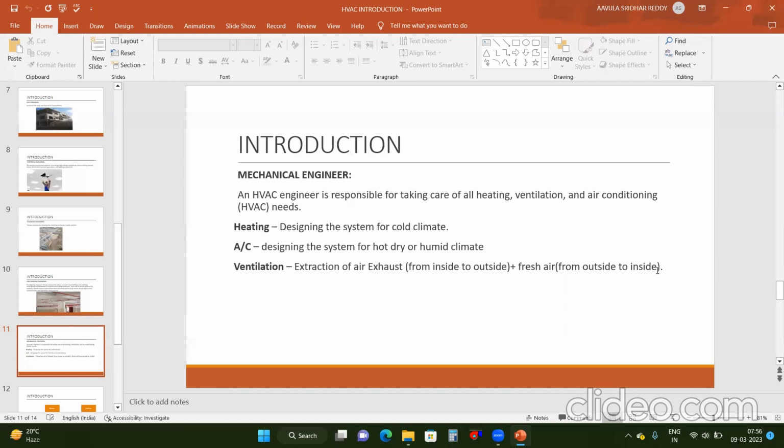So that is not good for the people inside the basement. So based on that, we will extract the air and we will send some fresh air. So that also comes under the ventilation system. And the next one is kitchen ventilation. We have seen toilet, staircase,